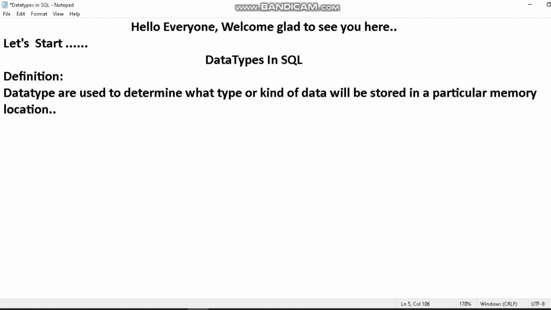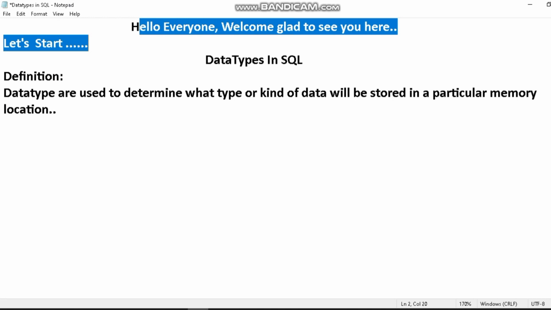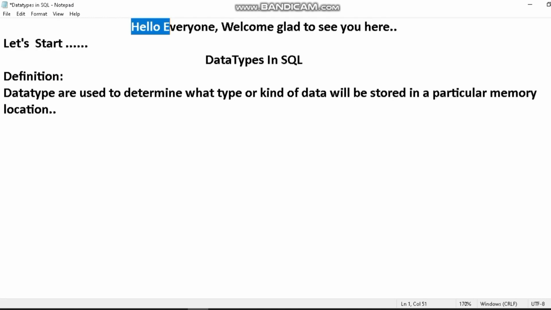हेलो एवरीवन। चलिए नई वीडियो से शुरुआत करते हैं। इस वीडियो में हम लोग देखेंगे कि व्हाट आर द डिफरेंट डेटा टाइप्स इन एसक्यूएल। सो सबसे पहले हम लोग देखेंगे कि डेफिनेशन क्या है डेटा टाइप्स की।